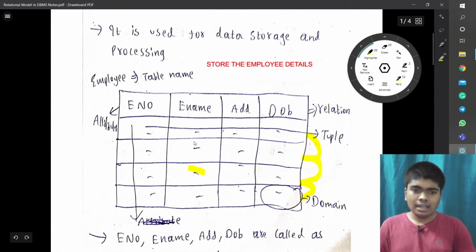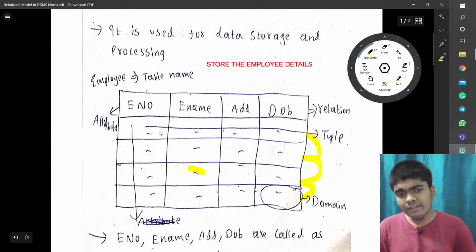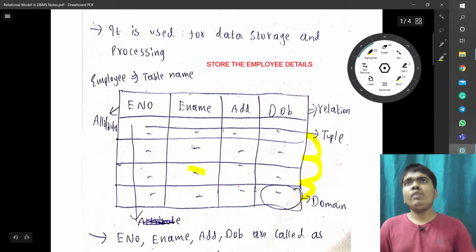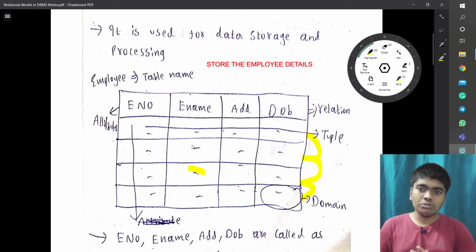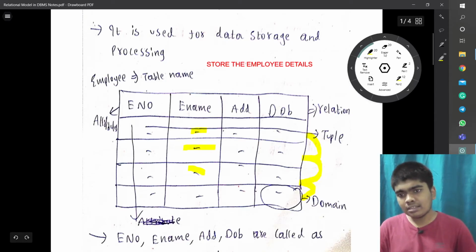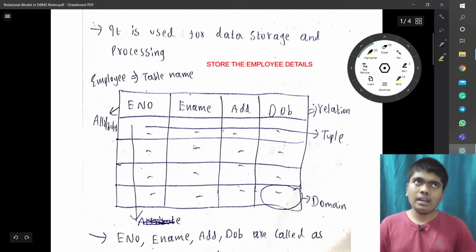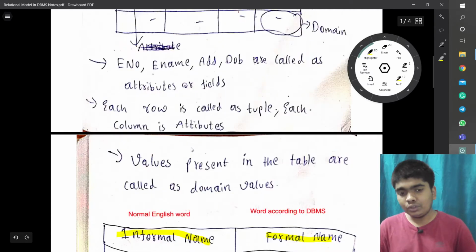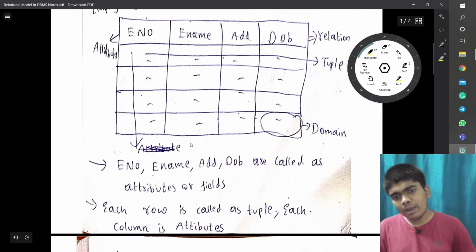Here we can say, for example, employee number will be distinct for every person, whereas for name we can consider Madhav Reddy and then Madhav Chowdhury. So there are two Madhavs in this. We can say two employees have the same name, Madhav. If they have the same name, we can't do anything, we just put Madhav only. So some columns may be duplicate.